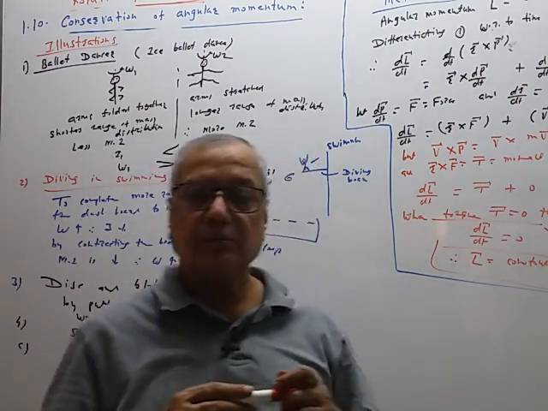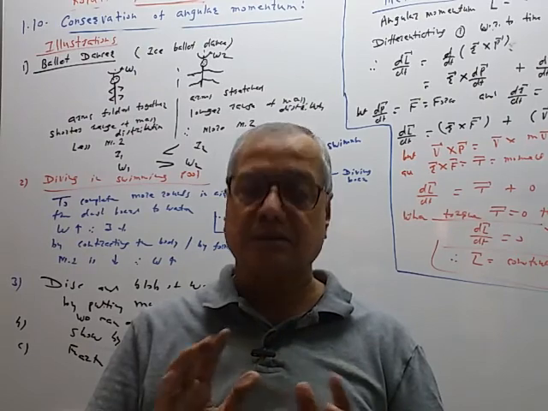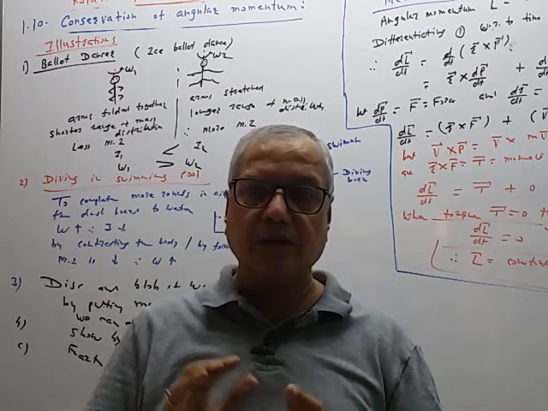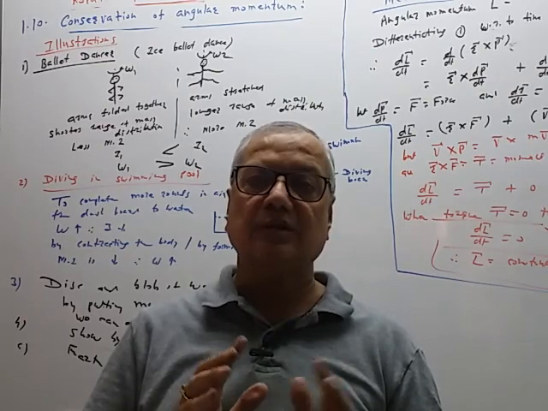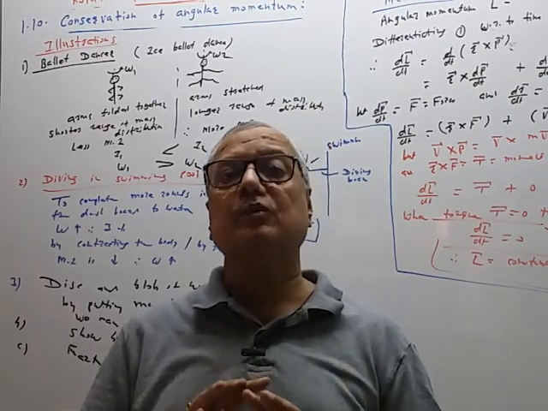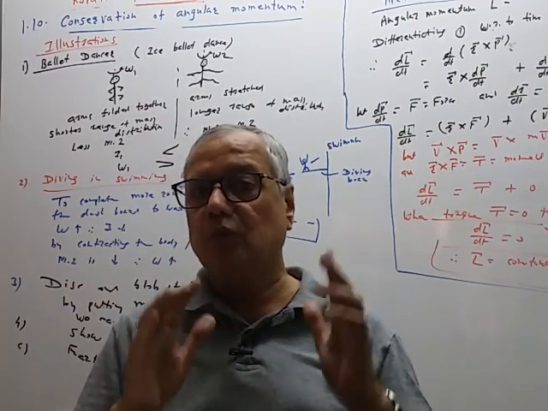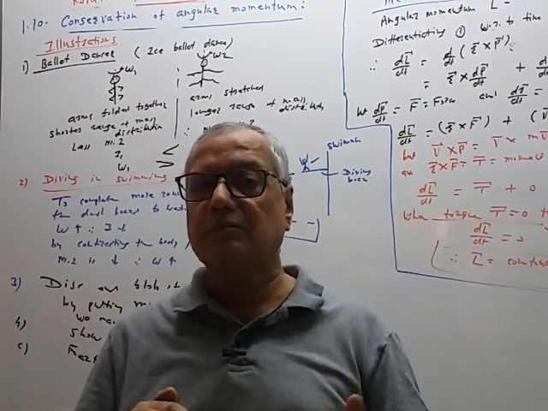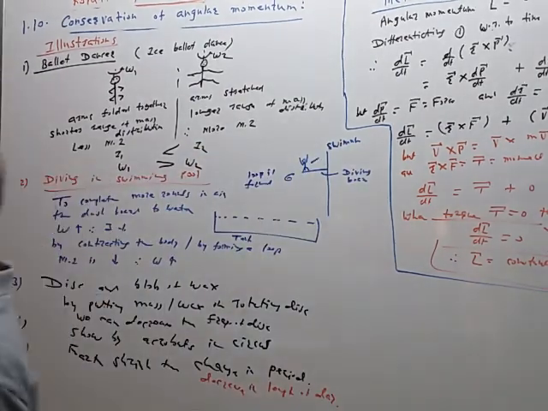We will see the best example of this later. If the earth shrinks by 50% without changing in mass, the mass will not change, only the size becomes half. Then our length of the day, which is currently 24 hours, directly becomes 6 hours. So if the earth contracts to a new size which is half of the original size, 50%, without change in mass, then the length of the day will become only 6 hours, not 24 hours, like this.